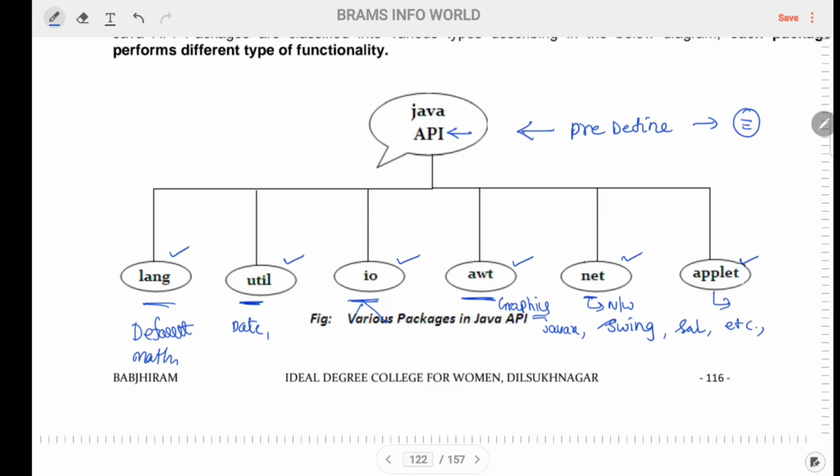The other one is a very strong one, the applet package. We can use it to define applets. Applets are popular programs. They strongly support the internet environment, and at the same time, we can also develop graphic programs. So these are the basic packages. And Javax packages are used to define additional graphical tools.